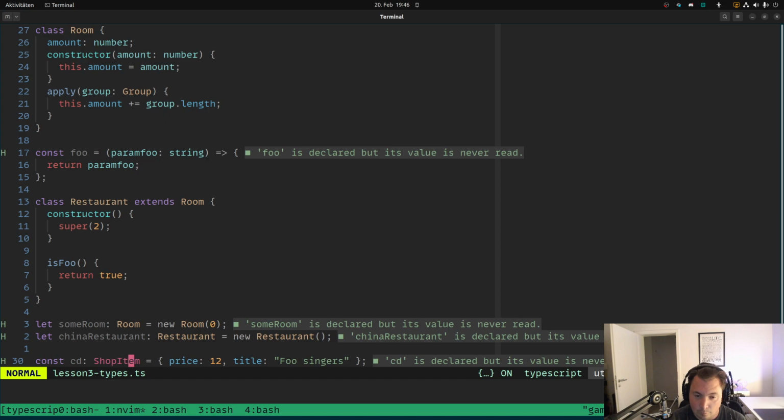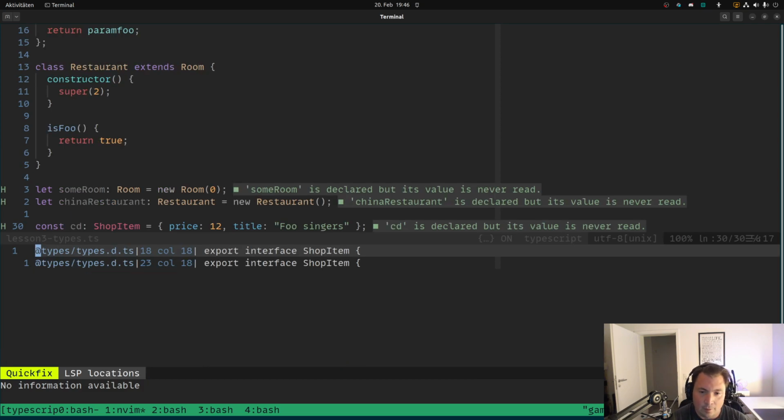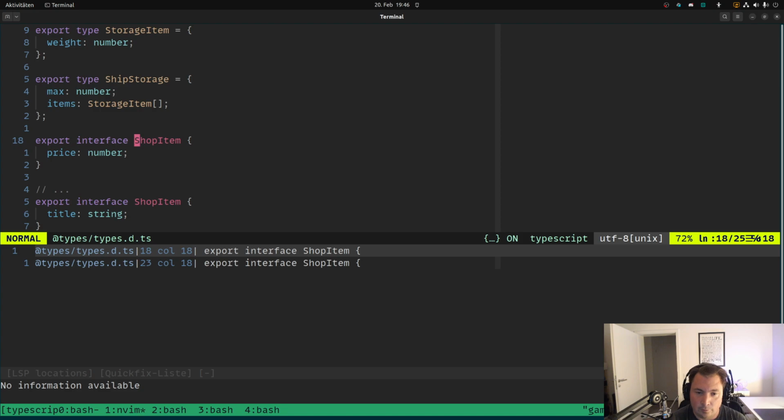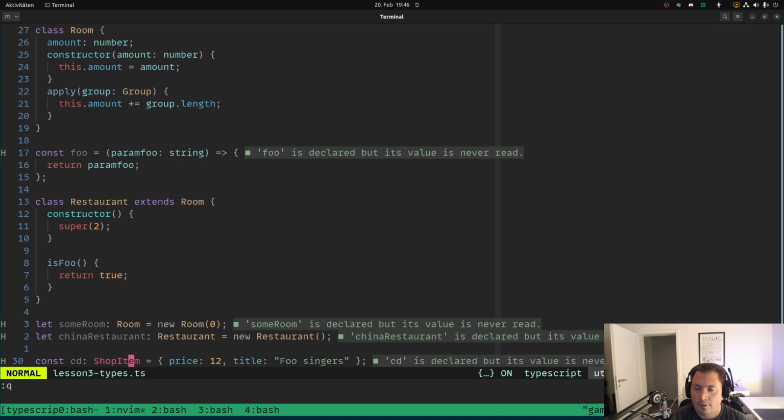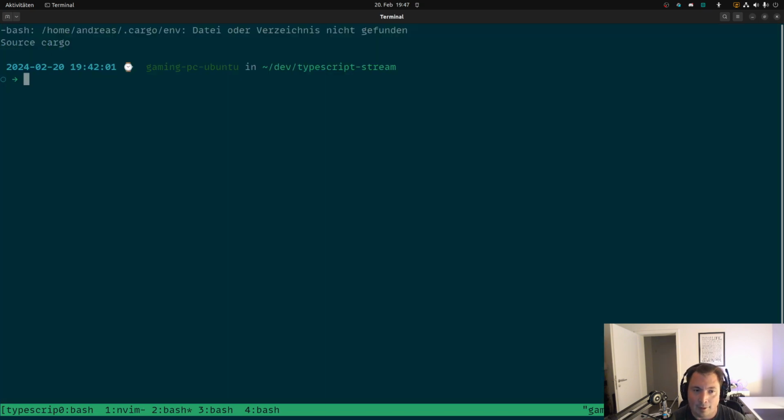And you have type completion. I can type a letter basically to see, okay, this is interface shop item. I can go to the definition of it. I can navigate around in the code base. It's really, once you have surpassed the steep learning curve that NeoVim kind of has, then it's really starting to pay off, and you might know when you work